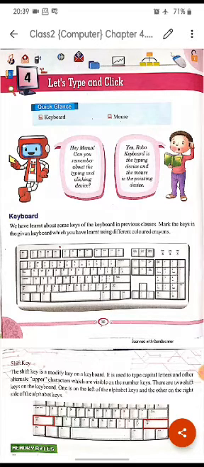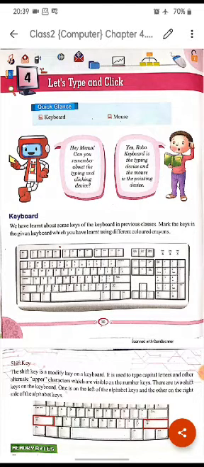So, let us begin. Here, like other chapters, two characters are given. One is Robo and one is Mimo. So Robo is asking Mimo, can you remember about the typing and clicking device? So Mimo answers, yes Robo, keyboard is the typing device and the mouse is the pointing device.